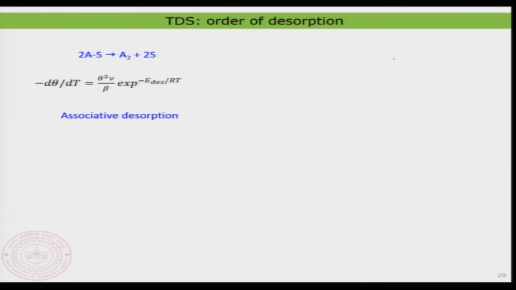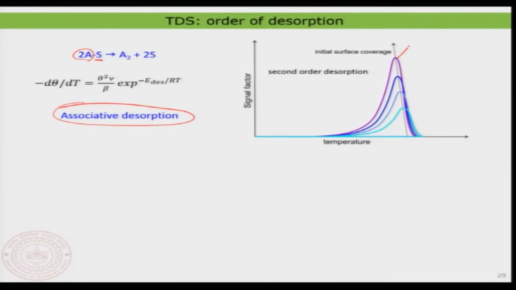But when it comes to the second order reaction, where you basically have something known as associative desorption, there you have two adsorbed atoms on the surface, and when they are released, they come off as a molecule, a diatomic molecule for example, or a triatomic molecule. That means desorption is basically associative. In that case, there is something interesting that you would find, that the coverage is strongly dependent on the peak position. So, this is the Tp, that means the peak position of the desorption curve, and you can now see